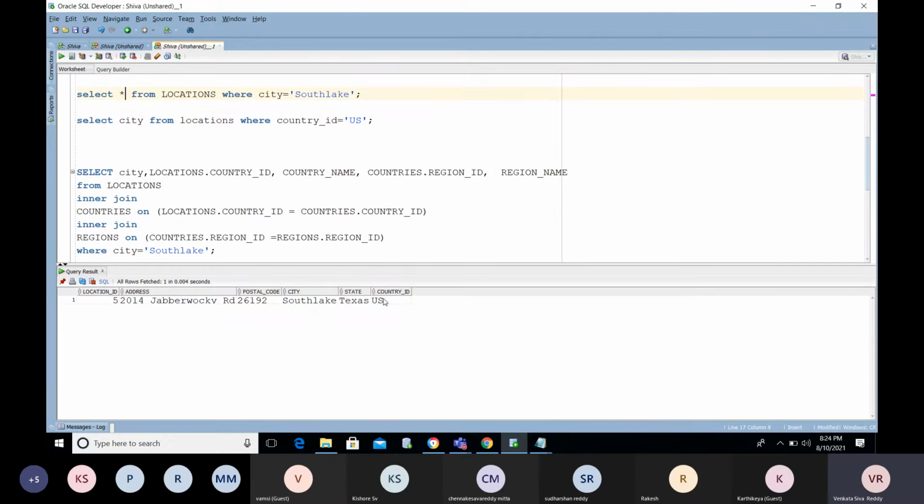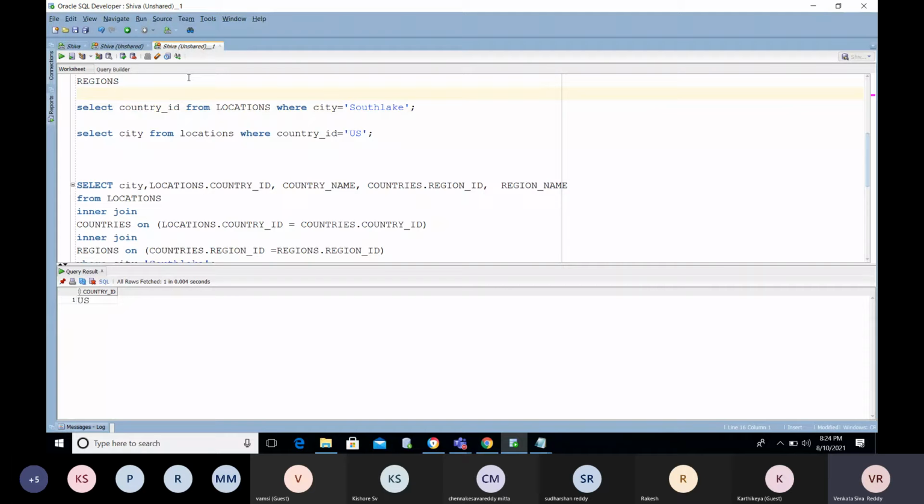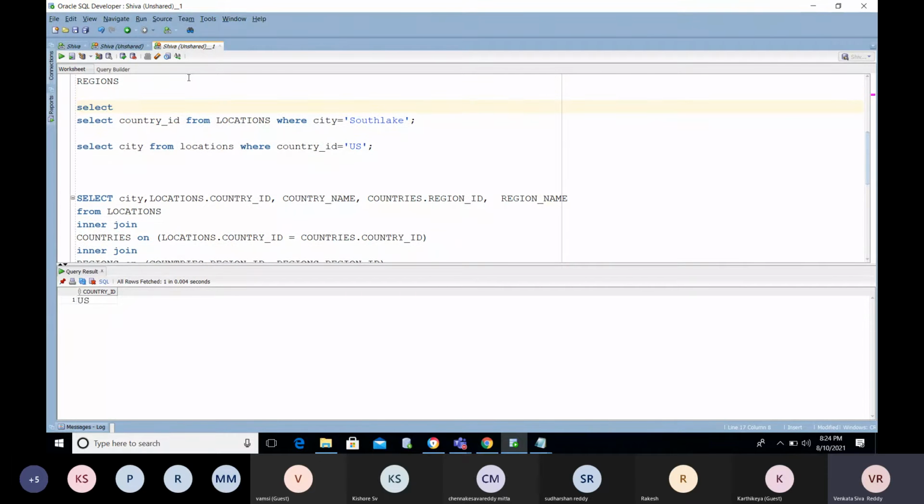We have the country column here, so country ID is the column. Now we can check the data: select star from country.